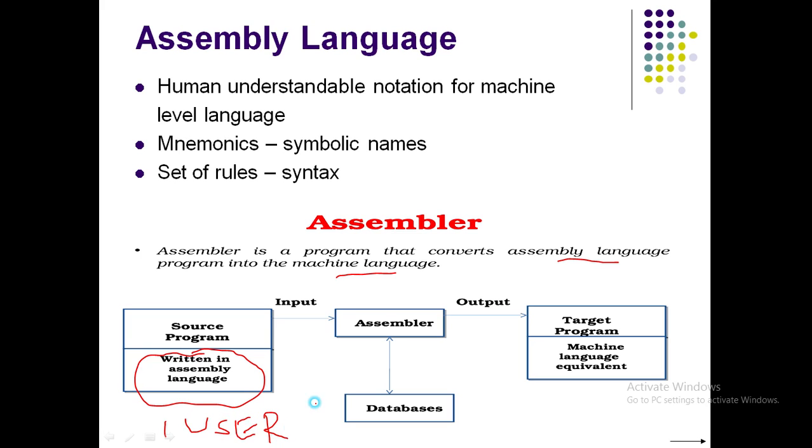Then what is the work of the assembler? This assembler will convert this assembly level language into a machine equivalent language. Now I hope you are getting it. This assembly language will be in any normal form, like for example move a comma b, add a comma c, and so on. That would be converted into machine language equivalent. What is machine language equivalent? This depends on what processor you are using, whether you are using Intel or Motorola. Based on that, this conversion will be done. And who is doing this conversion? Your assembler is doing this conversion.